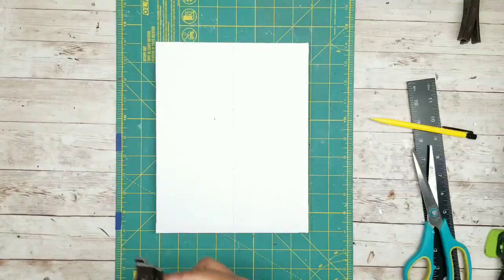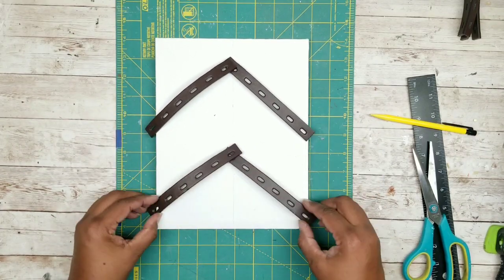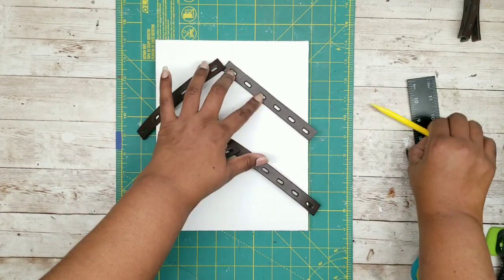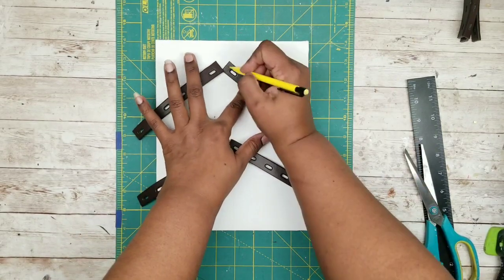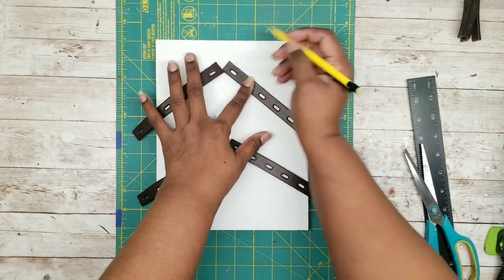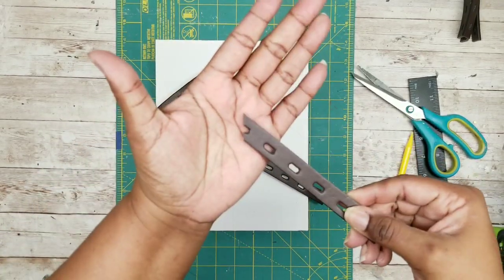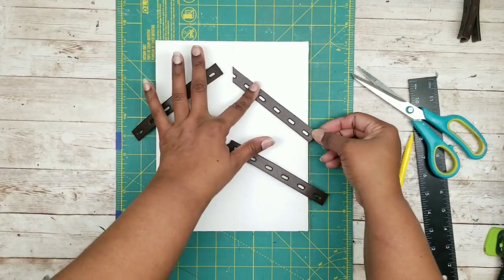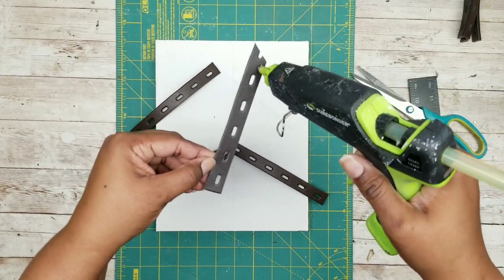So I'm just going to start by laying out my strips in my chevron pattern, and I want to go ahead and mark that top chevron placement as a guide, and this will be a guide going all the way down the canvas. So I'm going to cut the top of that strip into an angle to match that center line that we marked, and once it fits, go ahead and add some hot glue to the back, and you want to press